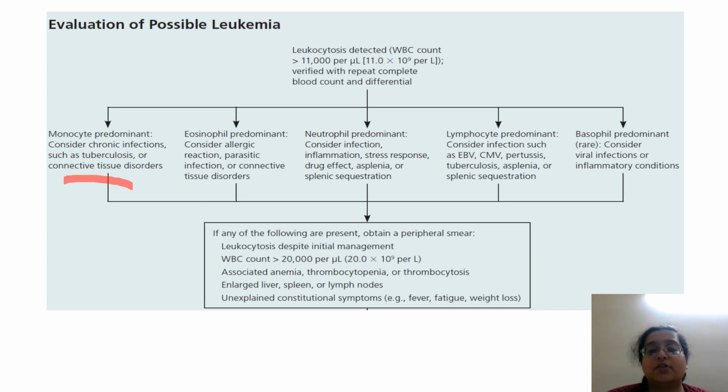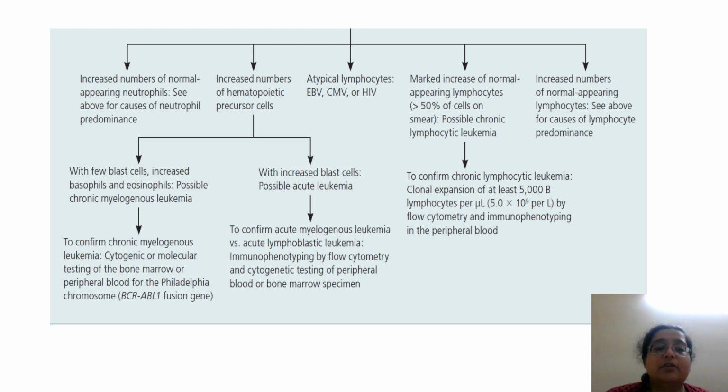Then if any of the following are present, obtain a peripheral smear. That is, you see the leukocytosis, kind of anemia, whether there are blasts or not, whether there are parasites in the smear, correlate it with your clinical findings, and then move ahead. Of course, there's an entity known as chronic neutrophilic leukemia, part of CML initially, now used in MDS/MPN. So you have to be very careful in what you are seeing. If there's a left shift with a 50,000 count, the polymorphs look okay, with toxic granules and vacuoles, you know it is infective. If there is a lot of left shift with a myelocyte count around 1 lakh.